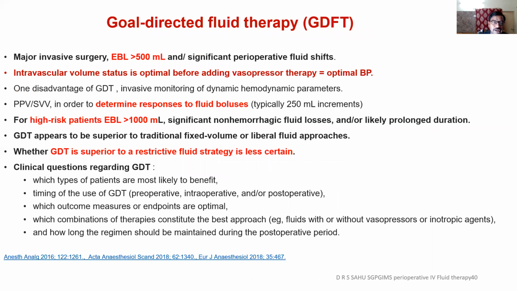The other is goal directed therapy. Goal directed therapy means we have to optimize the intravascular status before using any vasopressor if hypotension occurs. Here in goal directed therapy we measure advanced hemodynamics, and on that basis we give fluid boluses. It has especially been shown that in major invasive surgery, high risk group patients, when the allowable blood loss is more than 500 ml or 1 liter, or the surgery is of prolonged duration, it has been superior to the traditional